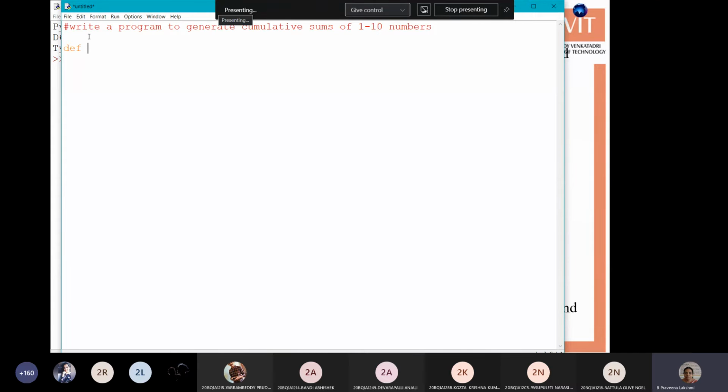Define gen. We don't need n, since we need 1 to 10, so n is not needed. Take i equals 0 and s equals 0, while i less than 10, s equals s plus i.